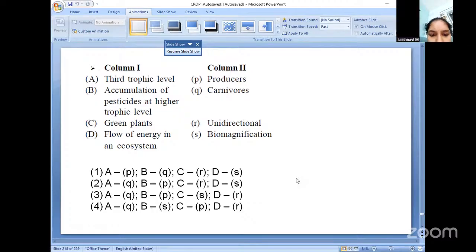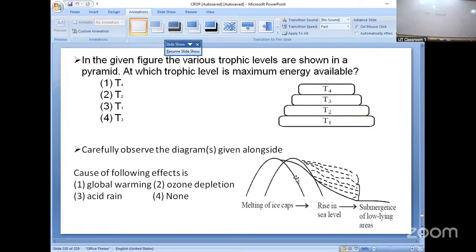Ma'am, fourth one? Fourth, correct. Very nice. And in the given figure, trophic levels are shown in the form of a pyramid. At which trophic level will the maximum energy be available? Maximum energy. Ma'am,